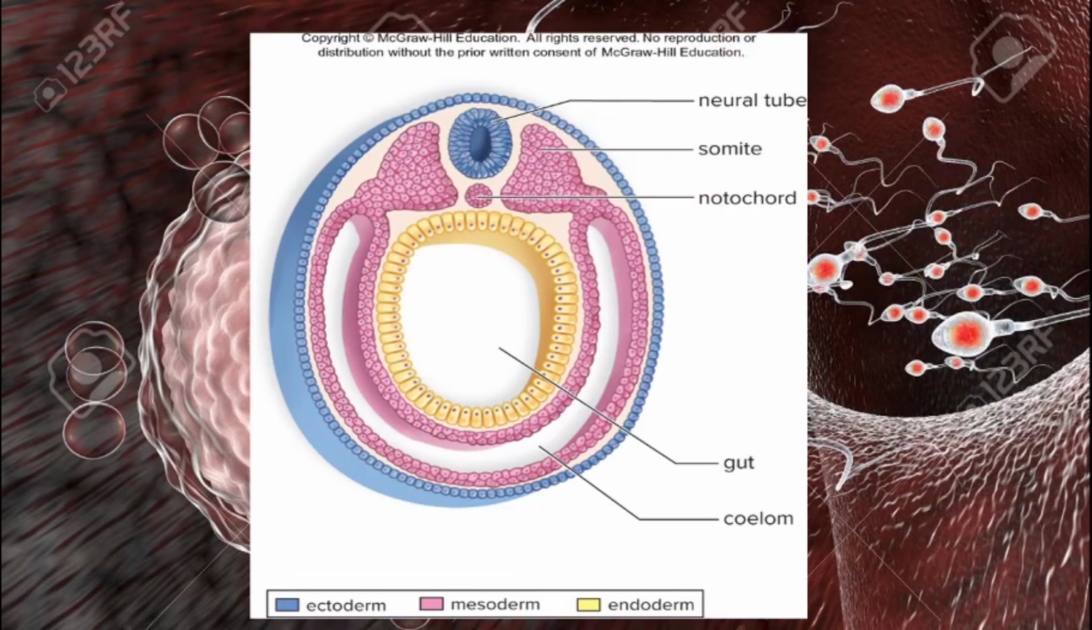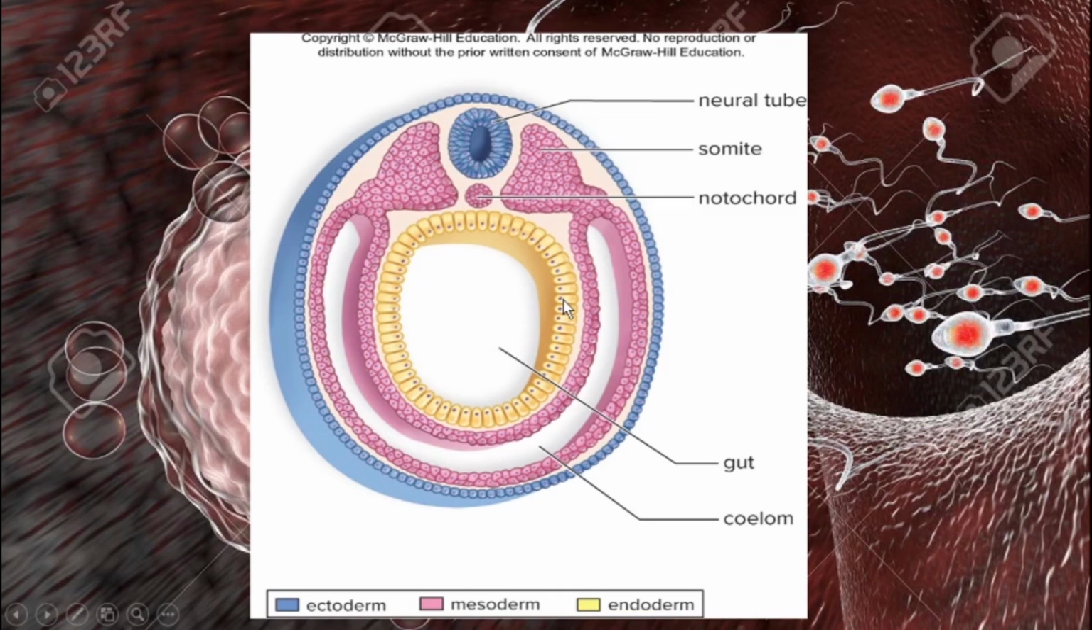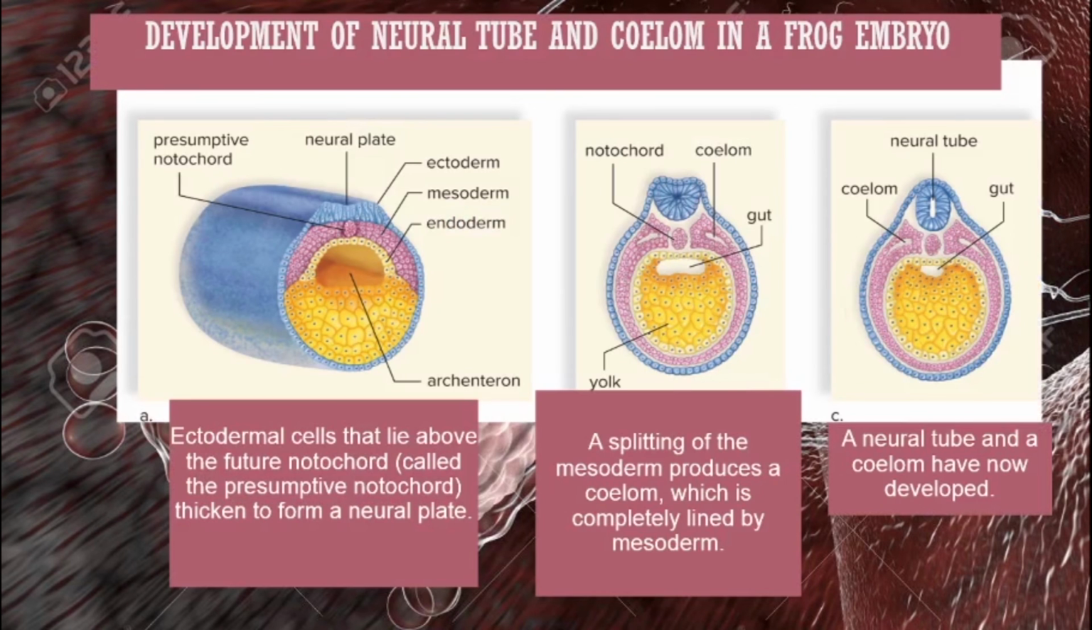What the notochord is actually important for is in the early process of neurulation, it will help in forming the neural plate over here. So if there is no notochord, the start of the neural plate will not occur and there is no neural tube to be formed. You can see here, this is an example of development of the neural tube and coelom